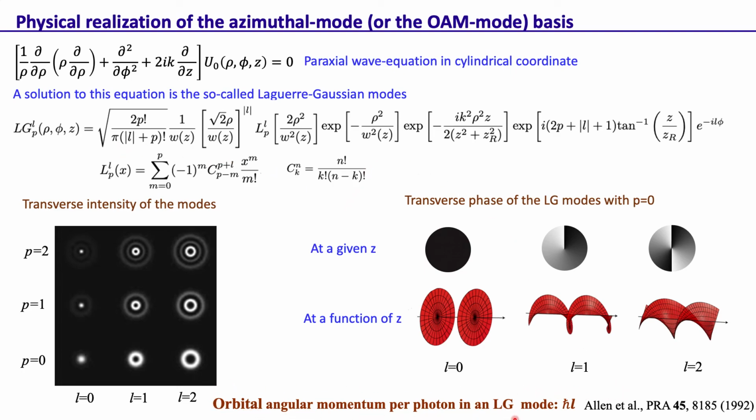So this has the interpretation that a photon in an LG PL mode with index L has orbital angular momentum L h bar per photon. Okay, so now although we started with this e to the il phi as a mathematical mode, here we see that these are part of the modes that are physical modes. So now the question is, can these modes be realized in a lab? And the answer is yes, and there are a few methods by which it is realized.